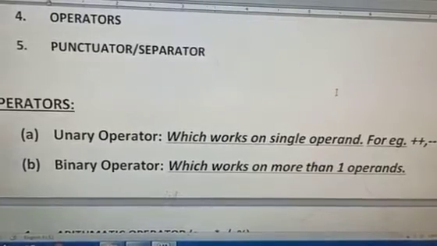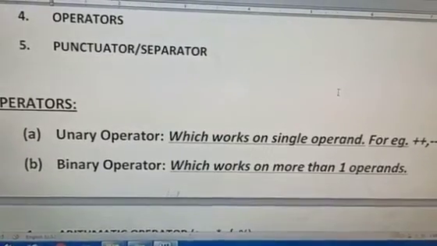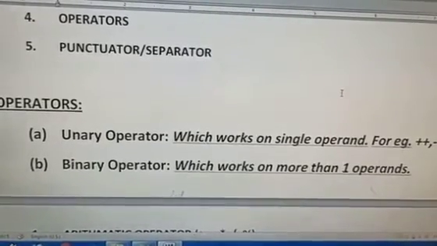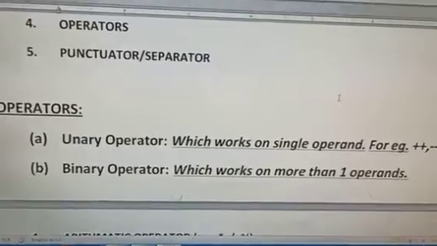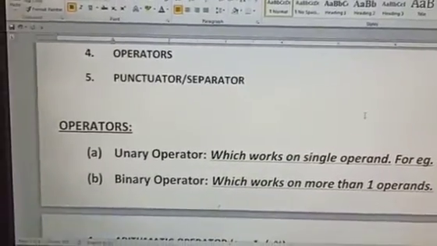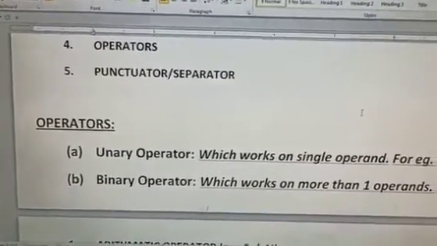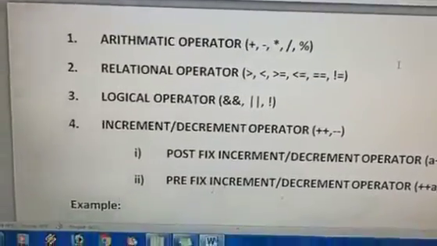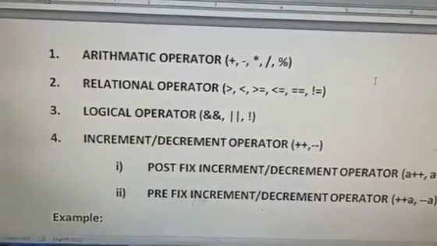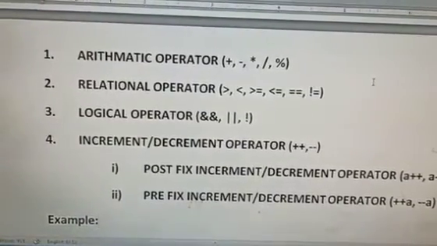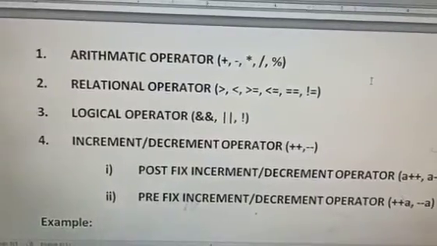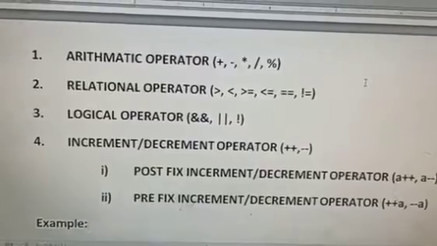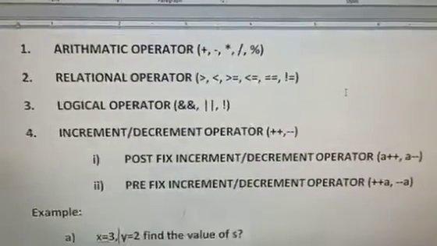So now the next one is the binary operator. Basically the binary operators are the operators which work on more than one operand. Now we can further categorize the binary operator into the following categories. Number one is arithmetical operator, second is relational operator, next is logical operator, next is increment decrement operator, then input output operator, then the conditional operator.